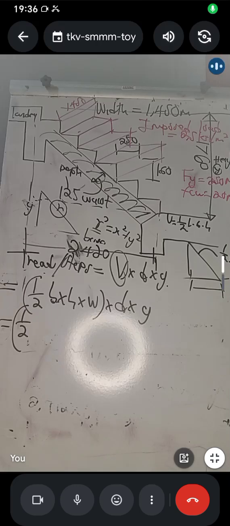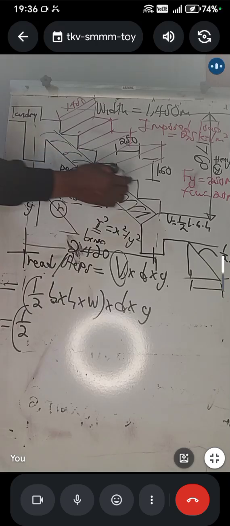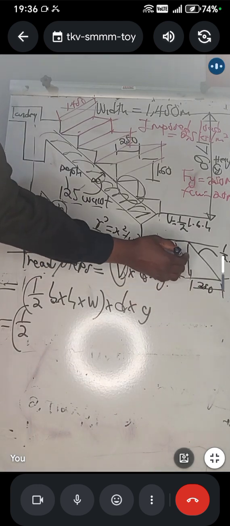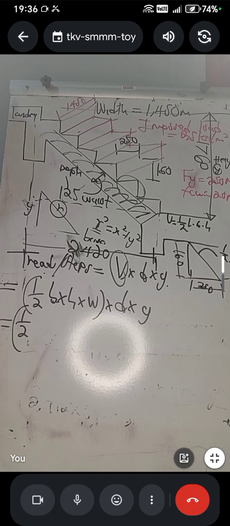On the small triangle of the steps, we know this. We're talking about these steps whereby we give going of 250. We have the rise of 160. So we know the width of that. So what is the base? The base is going to be what we have multiplied by what